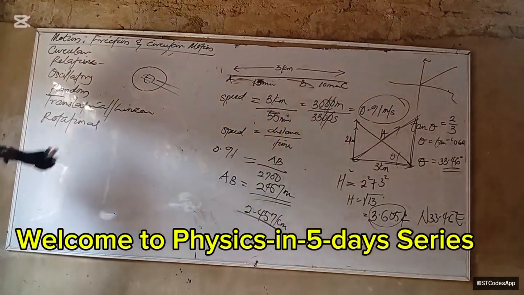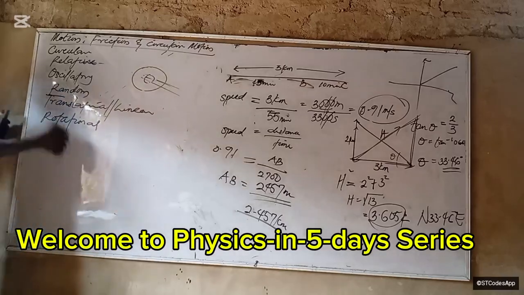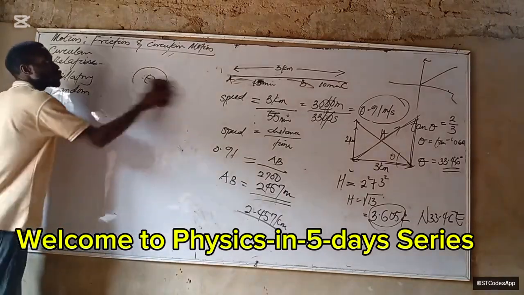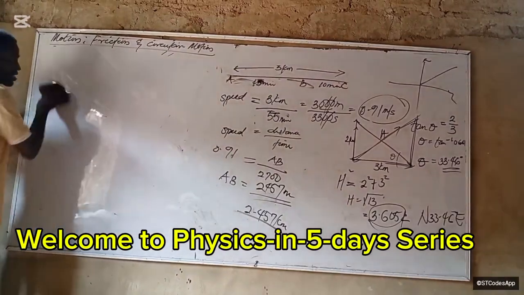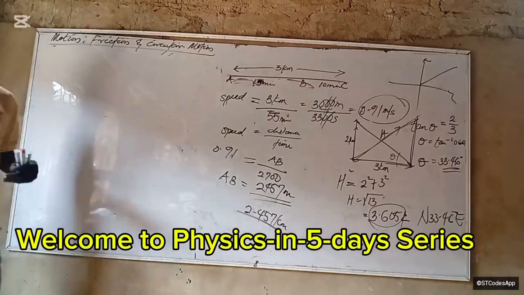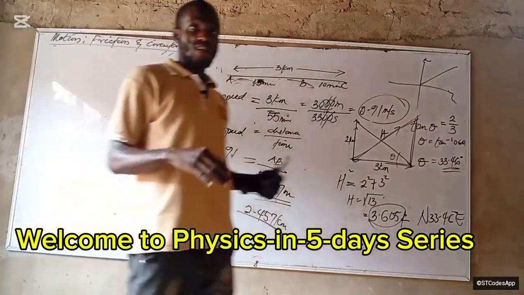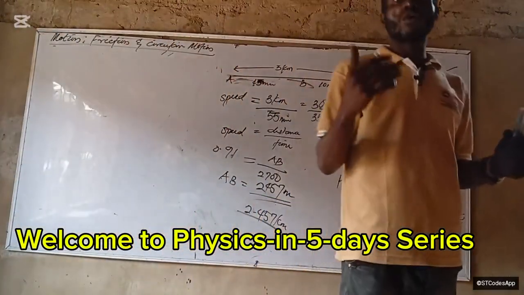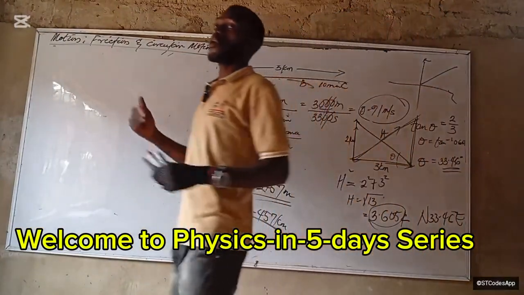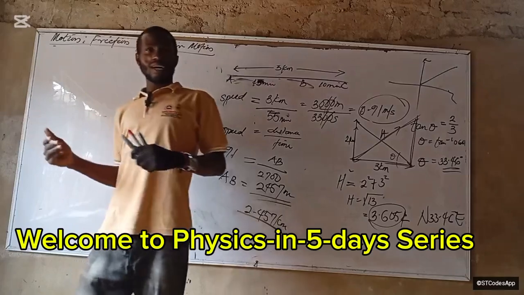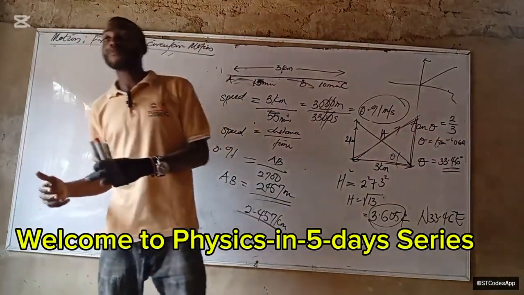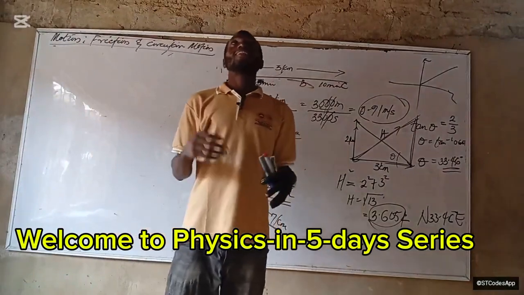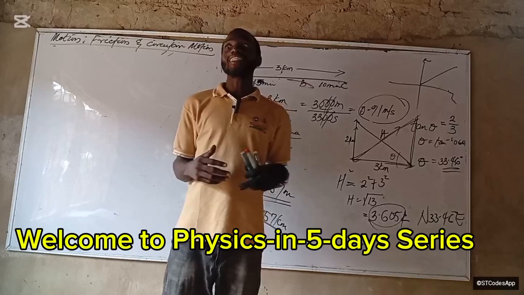So now let's discuss friction. Now, if the body was moving on a rough surface, what is friction? There's a force that acts between the surface of that object and the surface itself. So what is that force called? Friction. So we call friction a force that does what? Opposes motion. In my GS class, I remember my teacher said friction is a force that opposes two bodies that are trying to move